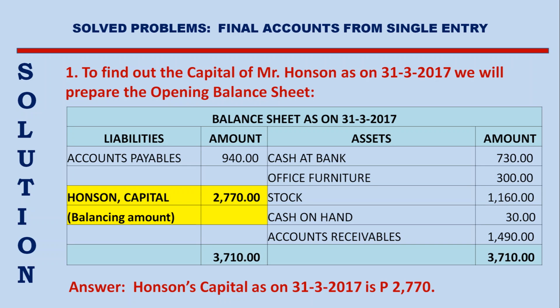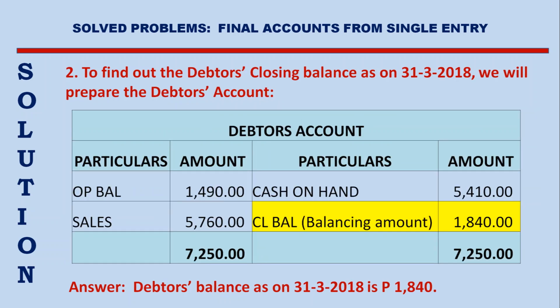On the liabilities side, accounts payable 940. Balancing amount is Hobson's capital, that is 2770. Total liabilities 3710. Total assets 3710. Hobson's capital as on 31st March 2017 is now 2770. 2. To find out the debtors closing balance as on 31st March 2018, we will prepare the debtors account,